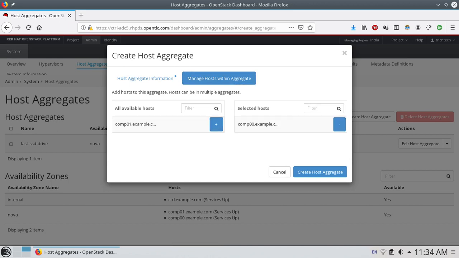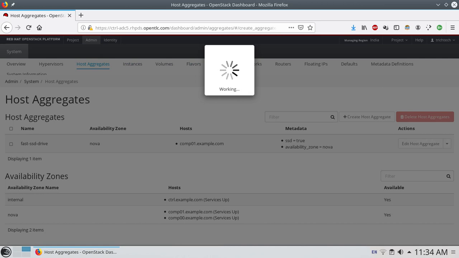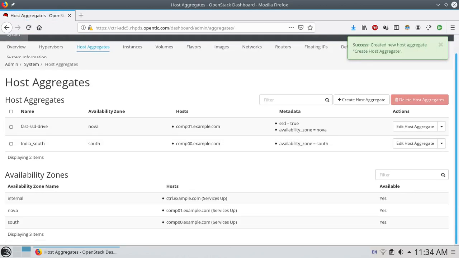We'll add COM00 and create the host aggregate. Now if you look at the availability zone section, you have two availability zones, Nova and South, and you can see that COM00 moved out of the Nova availability zone and came to the South availability zone.